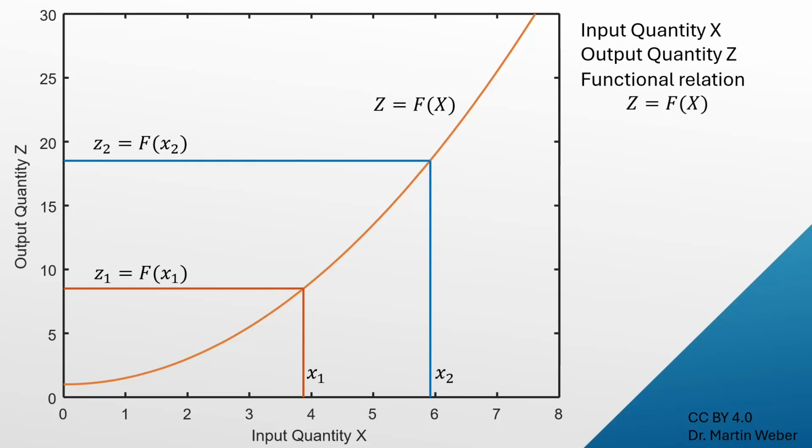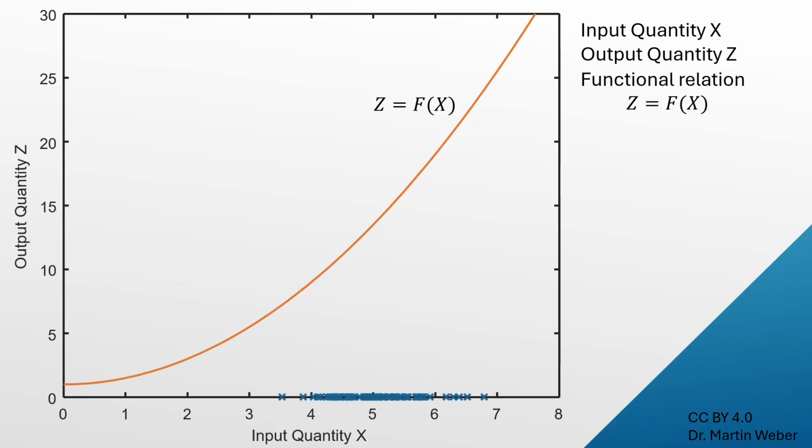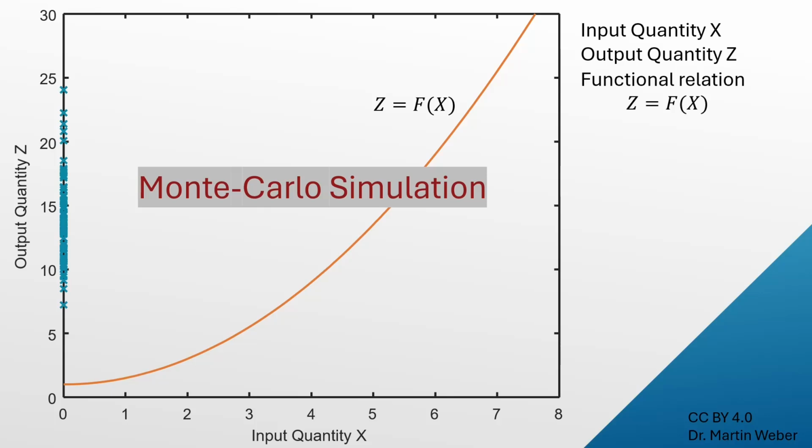This measurement could be repeated and another output quantity is calculated, and again. And in principle, a lot of individual measurements could be done. They could be all evaluated with the function and be propagated towards the output quantity. Such processes are done, for example, in the field of Monte Carlo simulation, but that requires a lot of computational